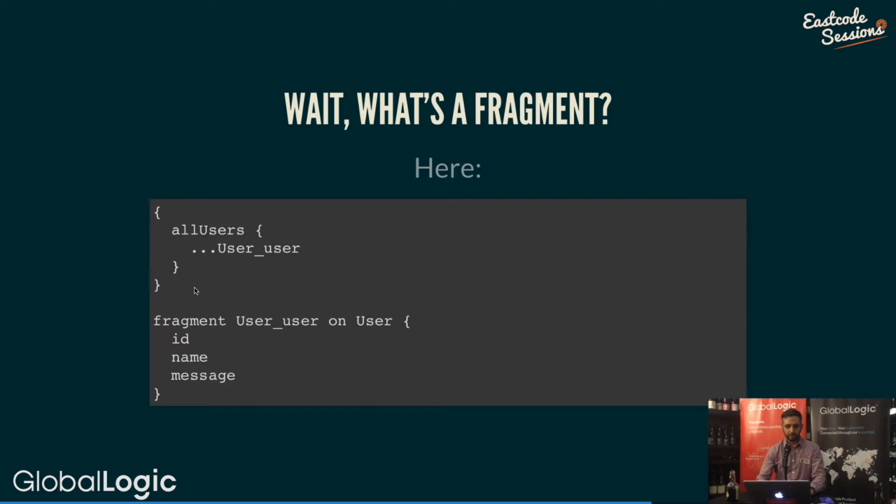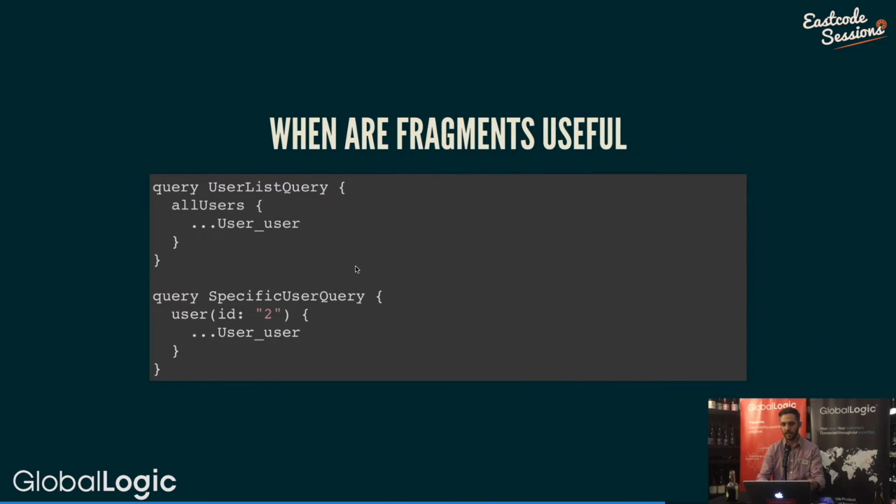And that means that I can write this. I can write something in more lines that I had at less lines before, but somehow it makes it better. So this is still a query for all users and their ID, name, and message. But this way I have separated this part so that you can imagine it's reusable in case you have two different queries like that. And both of them would repeat the same 3 lines, but you don't want to be repeating yourself. You want to keep it in one place and then just use it or reference it. So this is a fragment